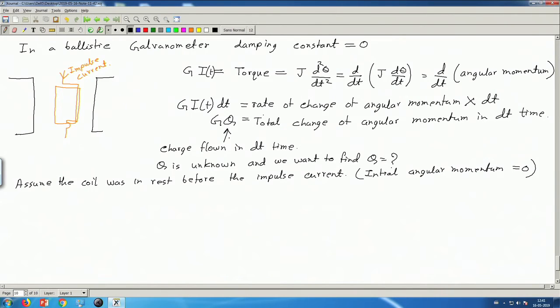Now the total change of angular momentum is nothing but the angular momentum after the impulse current minus the initial angular momentum, which was 0. Therefore, GQ is equal to the angular momentum after impulse current,